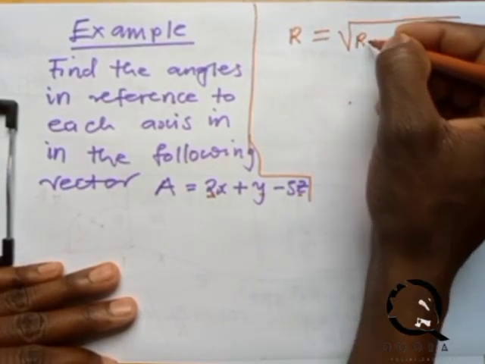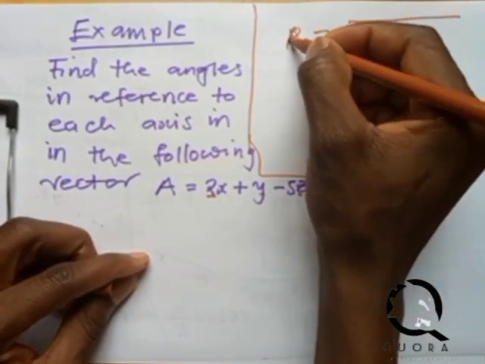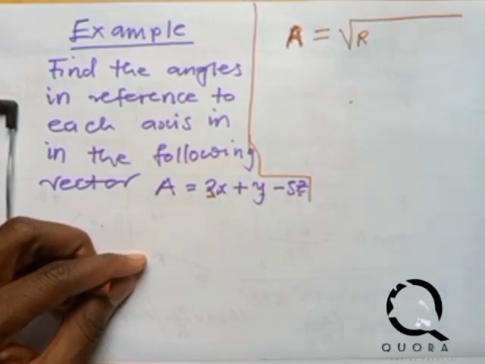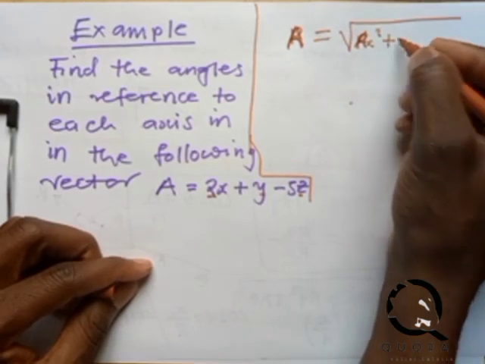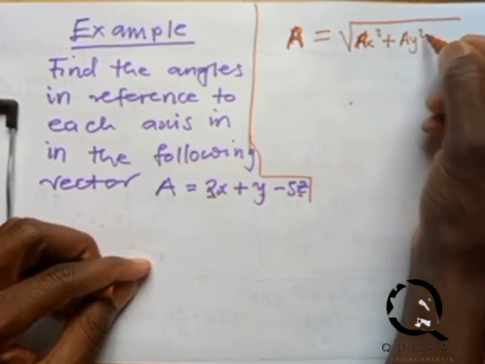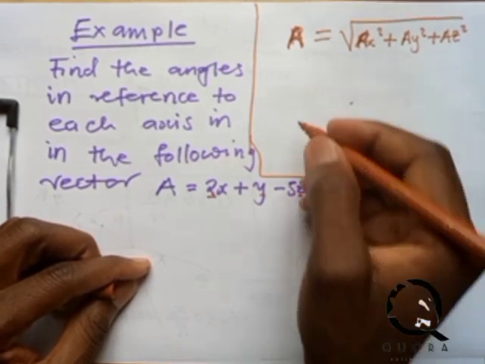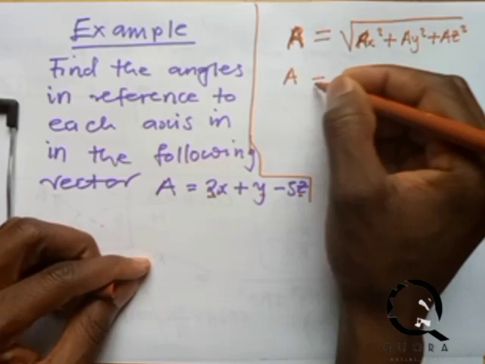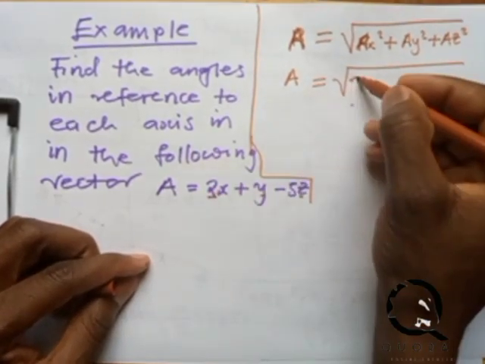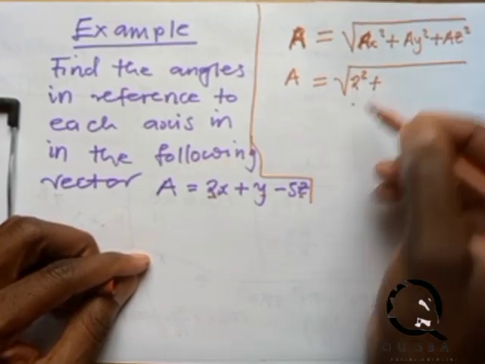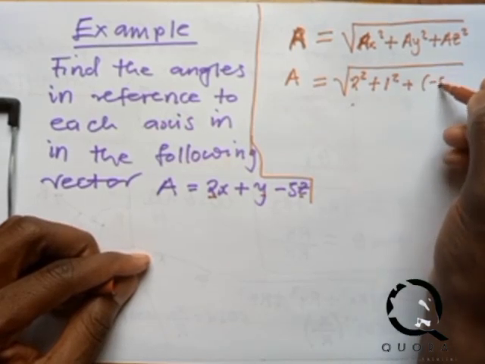Since we are using letter A here, let's use A also because they have given us the vector A. So I'll say A equals the root of A x squared plus A y squared plus A z squared, meaning that A has to be equal to the root of 2 squared plus 1 squared plus negative 5